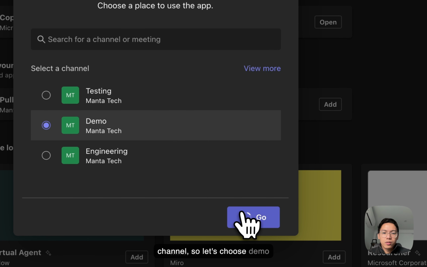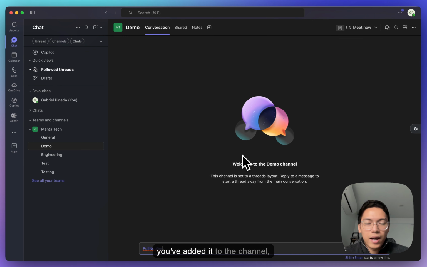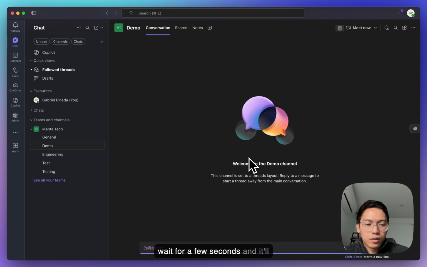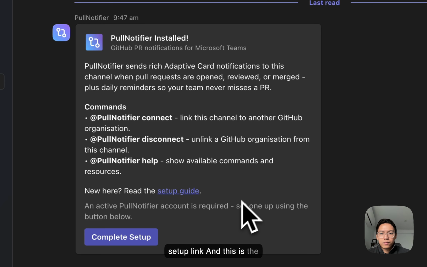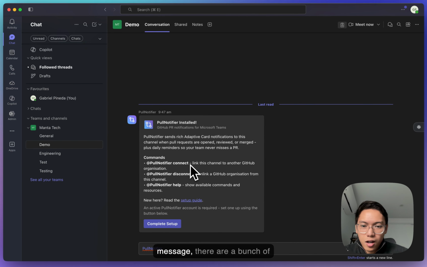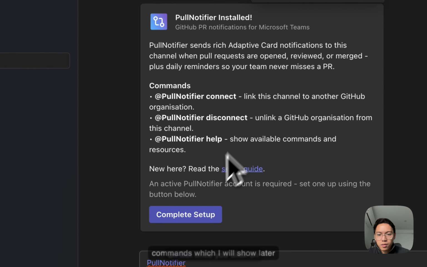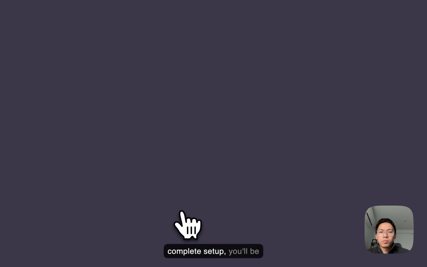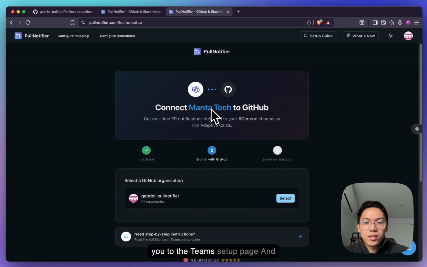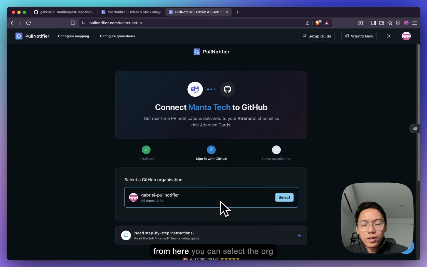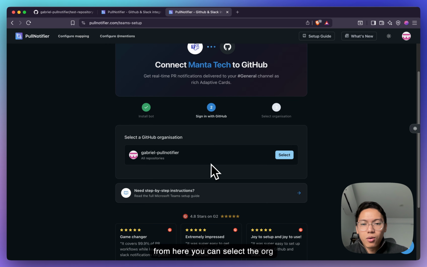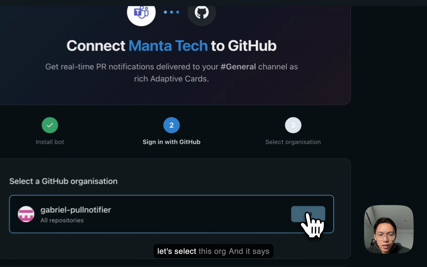So let's choose demo. Once you've added it to the channel, wait for a few seconds and it'll send you a message with the setup link. And this is the message. There are a bunch of commands which I will show later on, but once you click on complete setup, that takes you to the team setup page, and from here you can select the org that you want to connect to. So let's select this org,